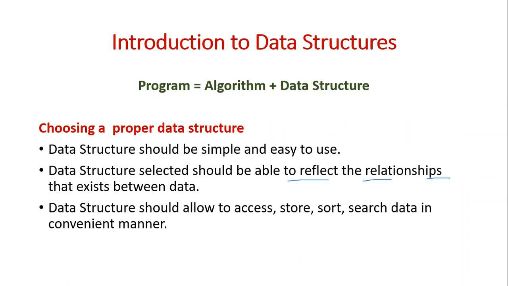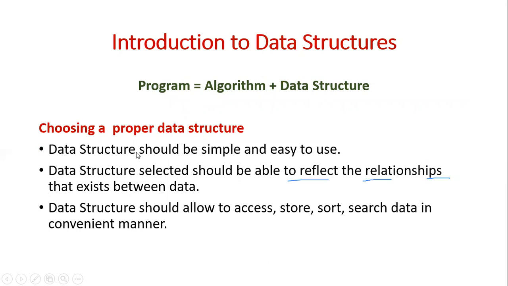So what is a program? In terms of data structures, we can say that a program is nothing but a combination of algorithm and data structure. We know that a program is nothing but a set of instructions. The set of instructions is derived from the algorithm, which is nothing but the step-by-step procedure to solve the problem, and it also includes data structure. We use some data structure. You may use arrays, or stacks, or queues, or linked lists, or any data structure. So choosing a proper data structure is very important for a programmer.